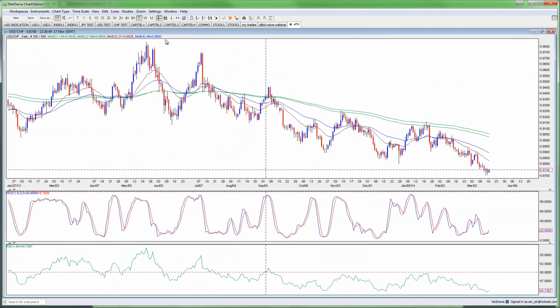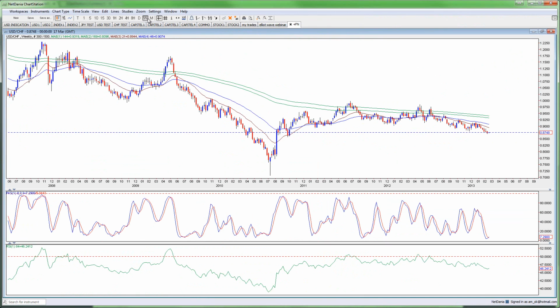Dollar Swiss franc, it's a very long-term fluctuation level over here. We've received a very long impulse movement climbing higher, and then we've received an A wave, a B wave, and a C wave dropping down right now. According to the Elliott wave analysis, the C wave is expected to deliver approximately the same length of the A wave. That is the logical common